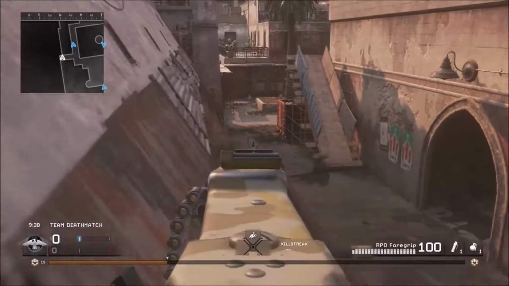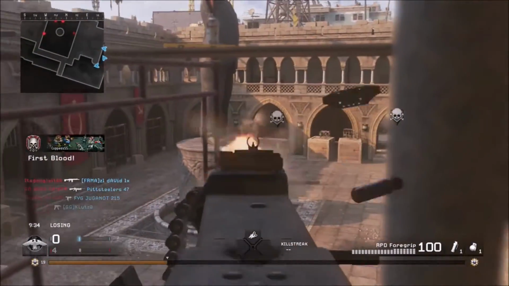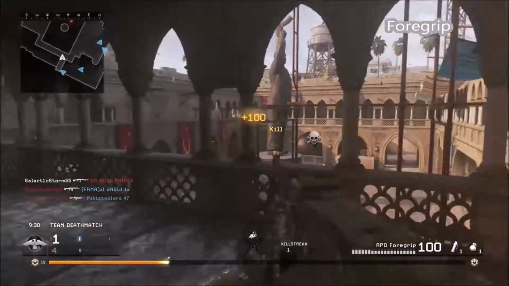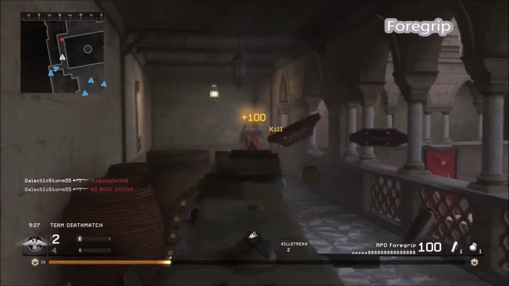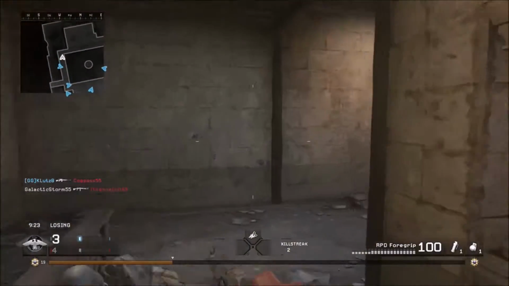To make sure all of our bullets count, and to make sure we can go to a longer range, we are going to be using the foregrip. What it does is basically simple. It decreases your recoil and increases accuracy for longer ranges. The RPD is still pretty good